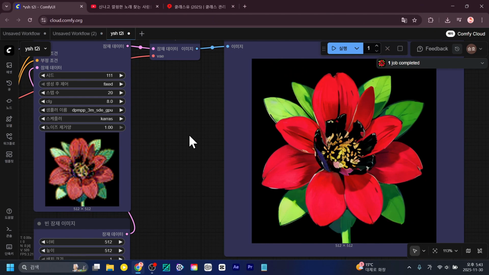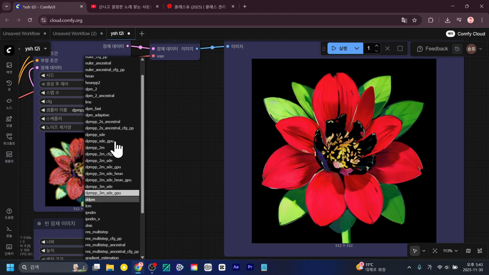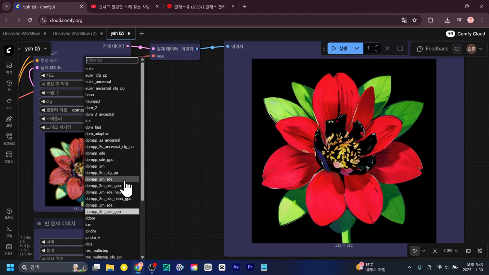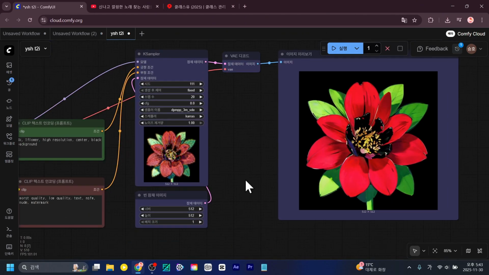In my opinion, 3M looks the prettiest. 3M seems to have come out the cleanest. And things like SGM uniform are just okay. Nothing special. Things like DDPM and so on. But the ones most commonly used are EMSD, Keras EMSD, and 3MSD. These types have been used a lot. Back in the day, we used to...